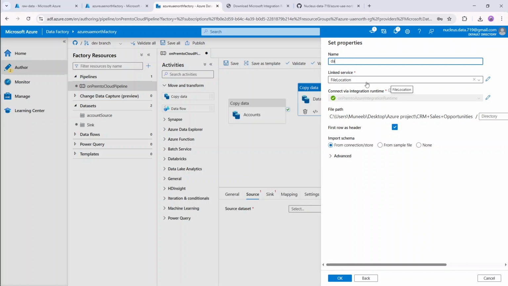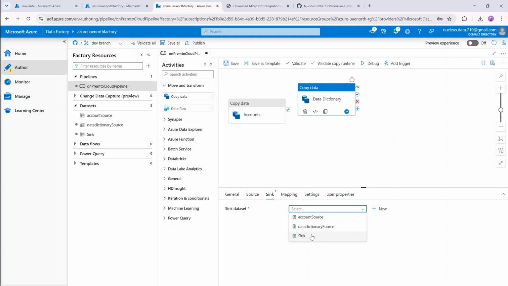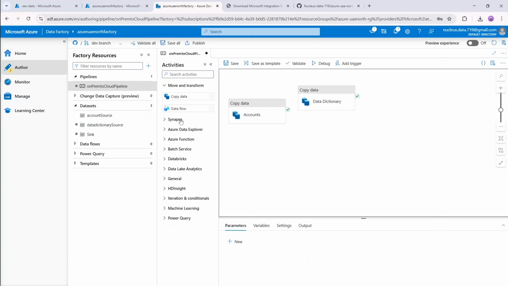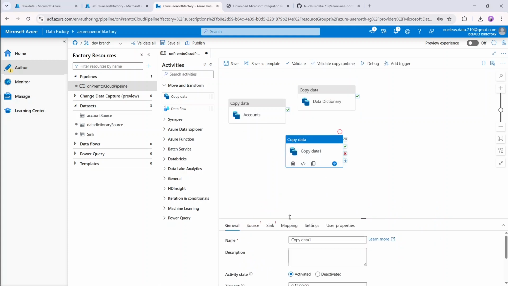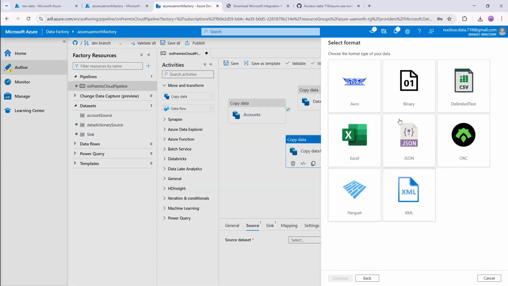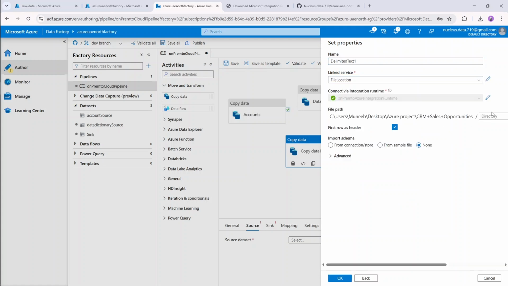The name will be data dictionary source. Now go to sink and select the sink as sink, because all these files will be going to the same location. And similarly again copy data, and this time click on New, File, File system, Delimited text, and file location,